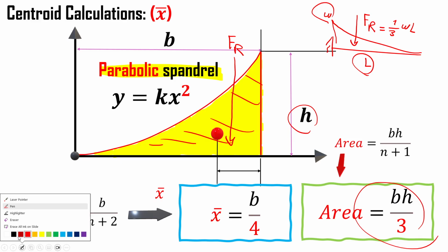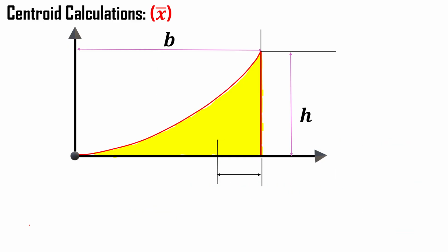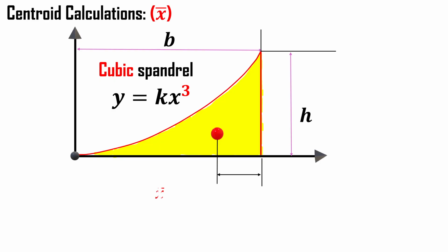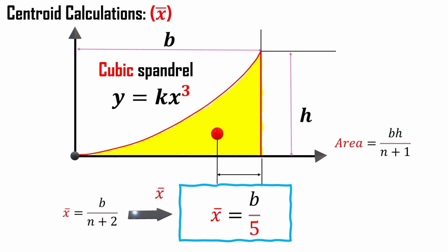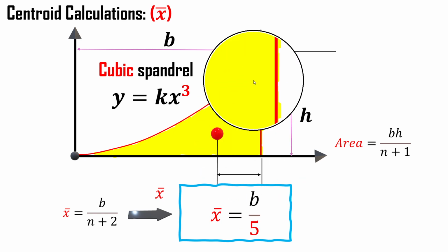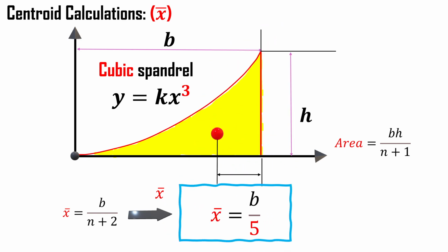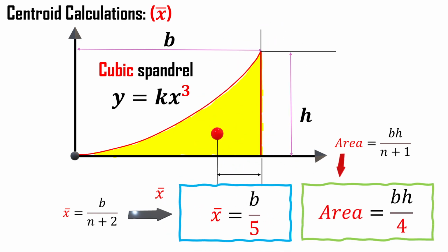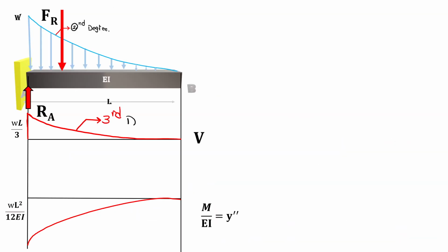So remember this calculation. And for a cubic or third degree spandrel, just go with the formula. X bar is b over n plus 2, replace n by 3, which is the cubic spandrel, and definitely x bar, or centroid from the base of a spandrel, is b over 5, and area is b times h over 4. So our case again, our equation is a second degree